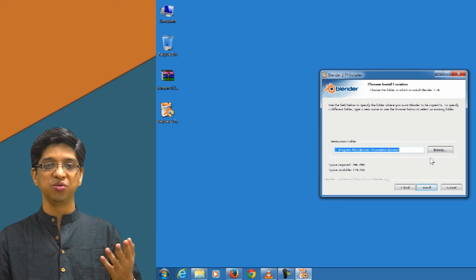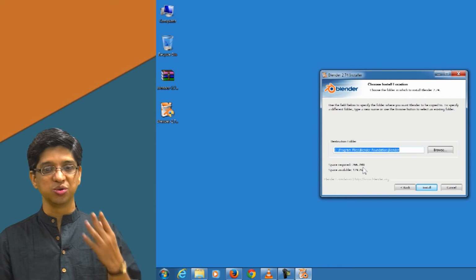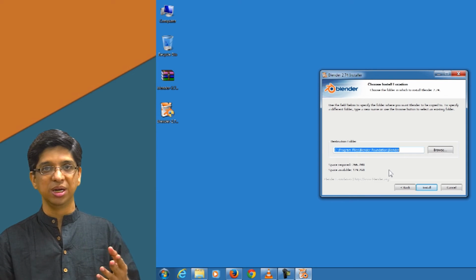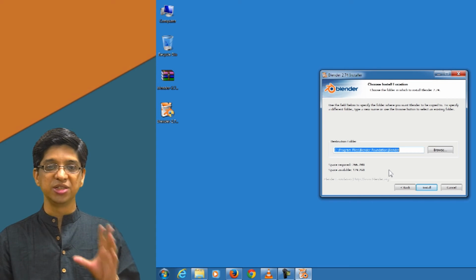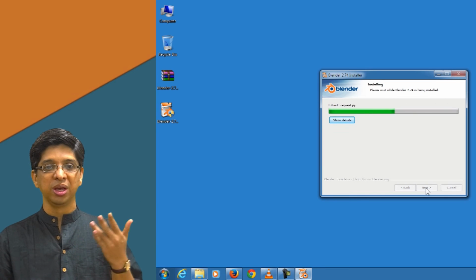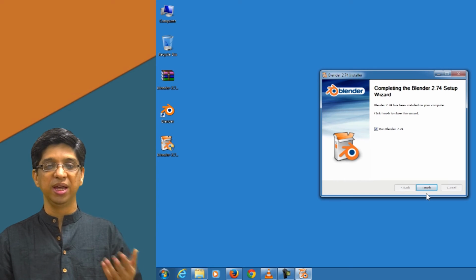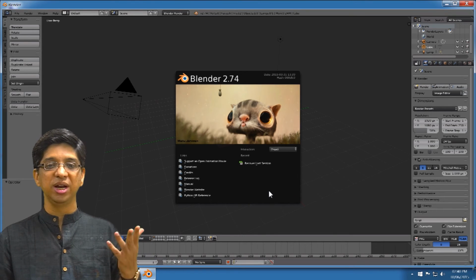ask you to choose the destination folder, browse and give that particular thing. As you can see, the space required would be less than 300 MB, so you should have that much of space anywhere on your computers, and then select that particular folder which is favorable for your computer and say install. It will show you the progress bar where the installation will happen, and once it is installed, it will give you this screen where it will say that it is complete, and now if you click finish, the Blender will start. So after you click that, you will get this screen.